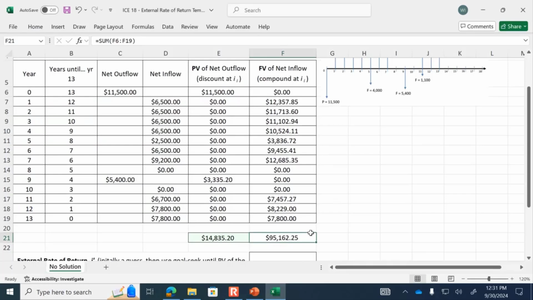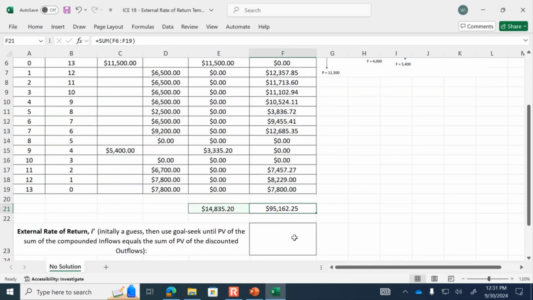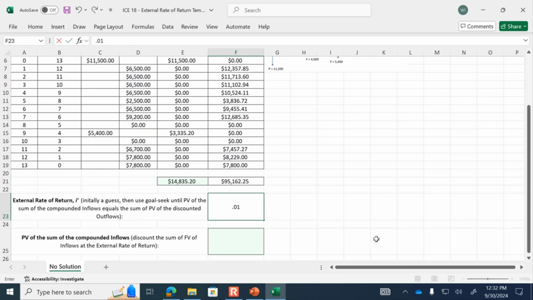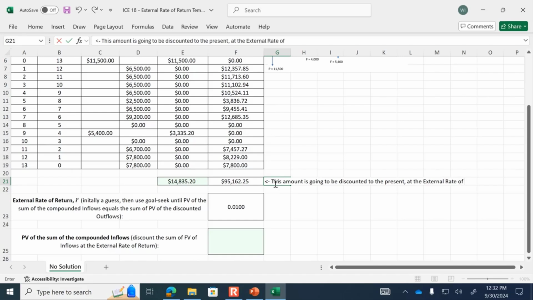So here's the inflows. The external rate of return requires us to start with some guess. We're going to be doing a goal seek. And so just maybe as a guess, if we put in 1% as a starting point for the external rate of return, what we're going to do is discount this 95,000. This amount is going to be discounted to the present at the external rate of return